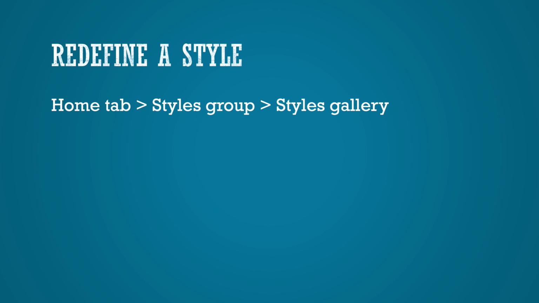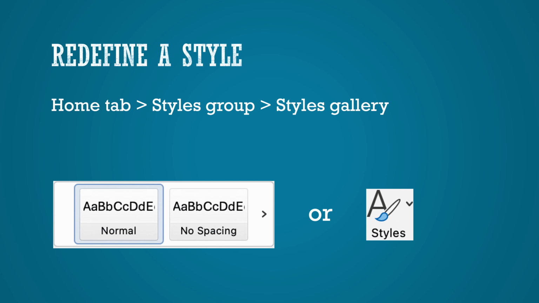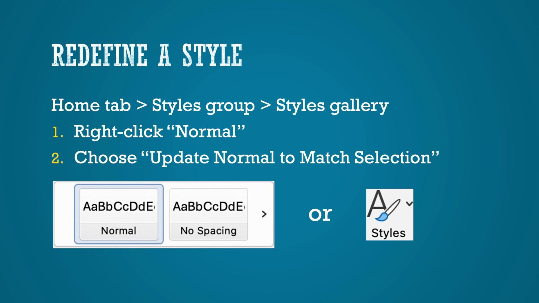Now we're going to redefine the normal style. Everything in this essay needs to be double-spaced Times New Roman 12-point. Most text is based on the normal style, so changing it will change every other style to match. On the Home tab in the Styles group, there will be either a Styles gallery or a Styles button. This will depend on the size of your window. The ribbon reformats to show as many functions as it can, but if the window is too small, it will collapse some functions into a button. If this is the case, you can either click on the button or resize the window. Either way, display the Styles gallery and right-click on Normal and choose Update Normal to match selection.